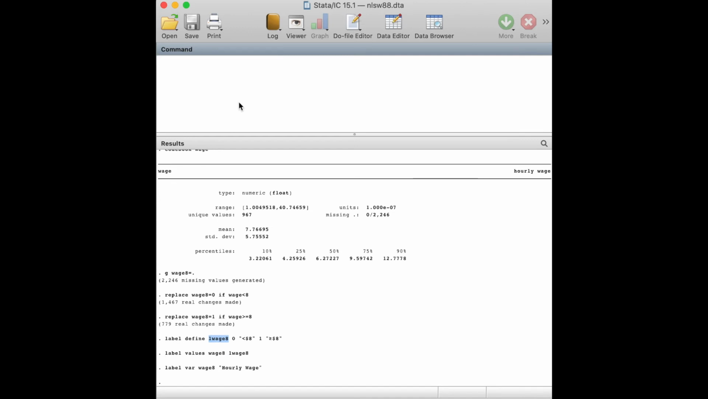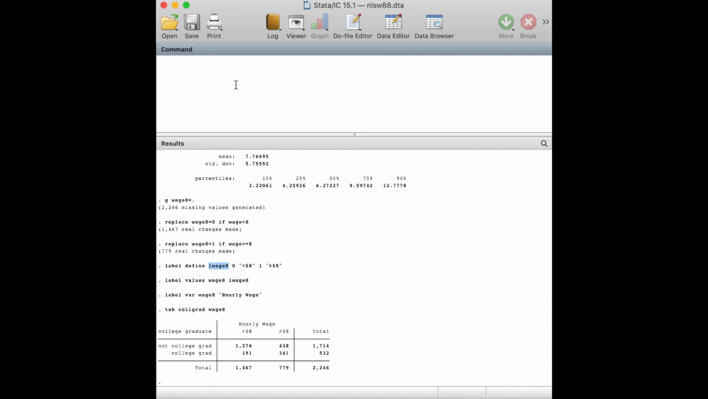And now we can make a contingency table with our new variable, and the way we do that is tab or tabulate, or for short using tab, and we'll do college grad and wage8. Note that the first variable is going to be the row and the next variable is the column, and you make a 2x2 contingency table. And the syntax after that, well, let's look actually without any further syntax, and we just get the raw numbers. We could look at the percent,